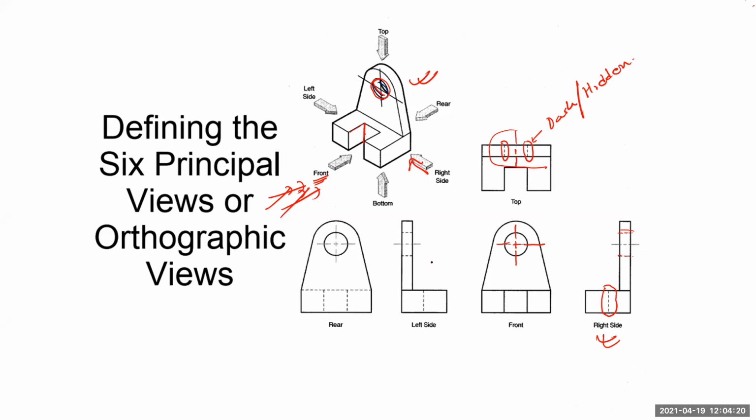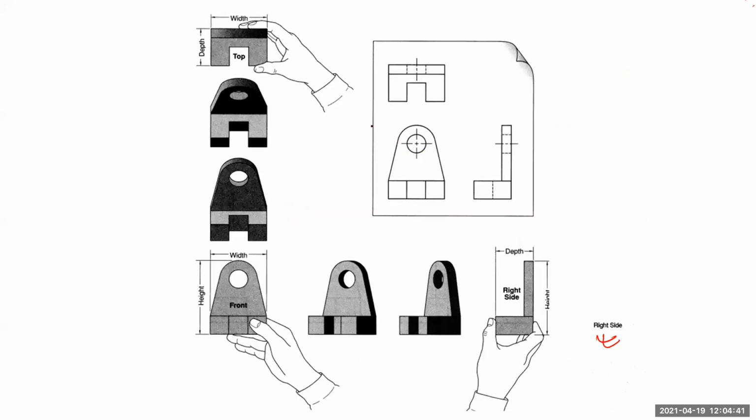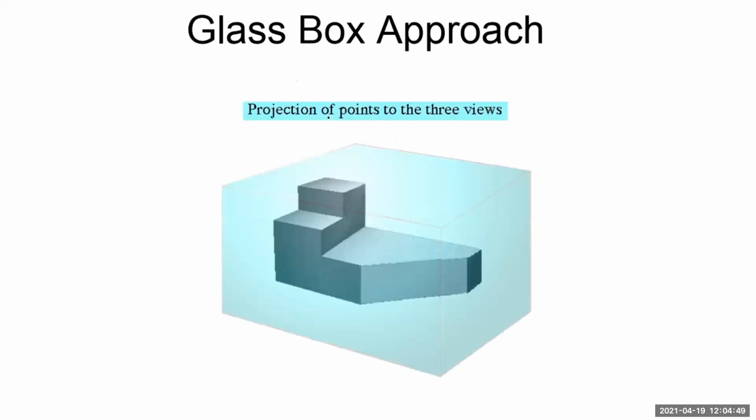This is your left view, and this is the back view, the rear view. If you look from the back side, you will not be able to see this entire thing, so that's why it is represented using hidden lines. So this is regarding your different pictorial views. And now we will solve a few more examples.